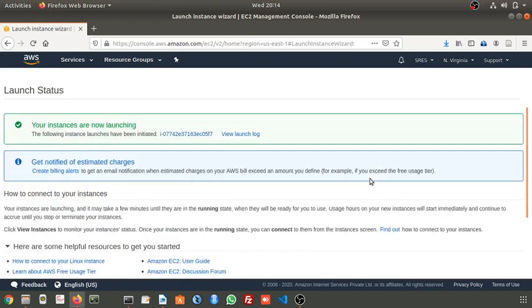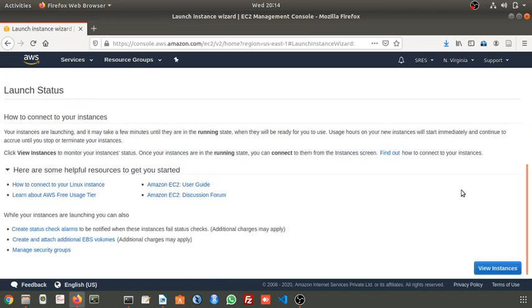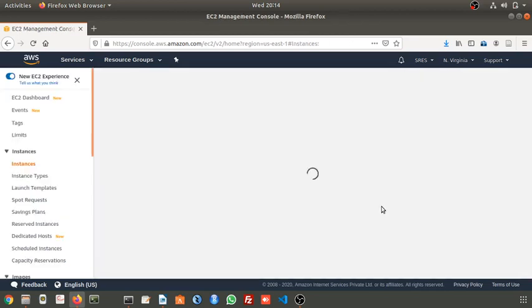It will take just within 1 minute, and everything will be installed. That is the beauty of Linux. In less than 1 minute, everything will be installed. If you choose the Windows operating system, it will take some time, and that is also chargeable. I would like to recommend working with the Linux operating system, because it is freeware, you will get more updates easily, and it is also secure. Just click on view instance. It is already created now.